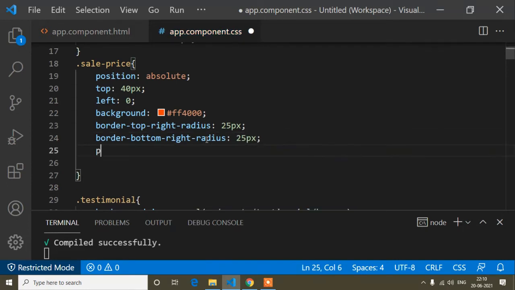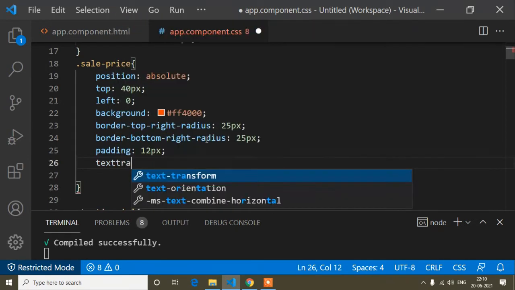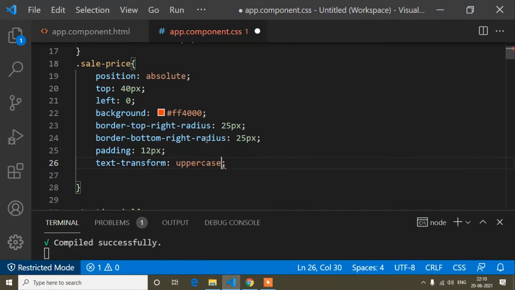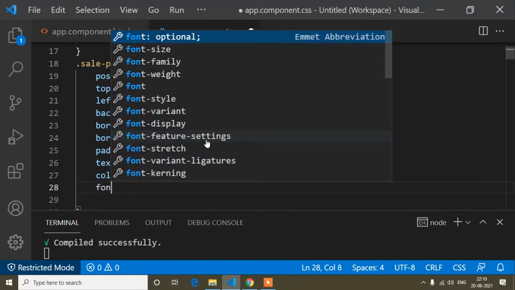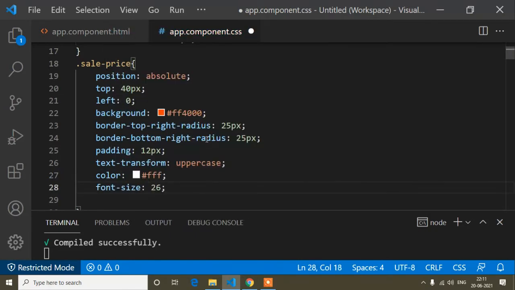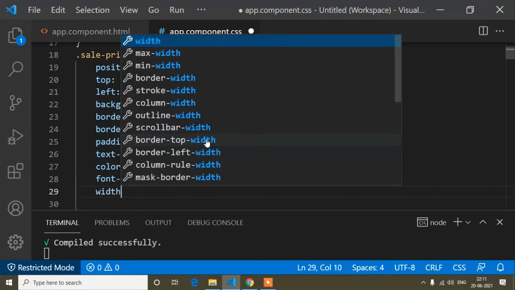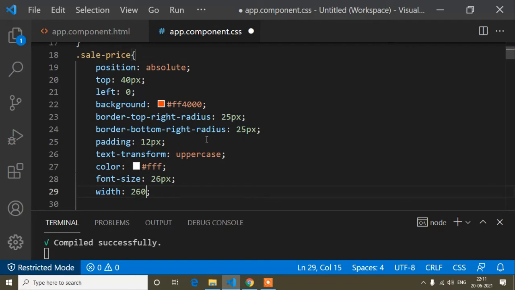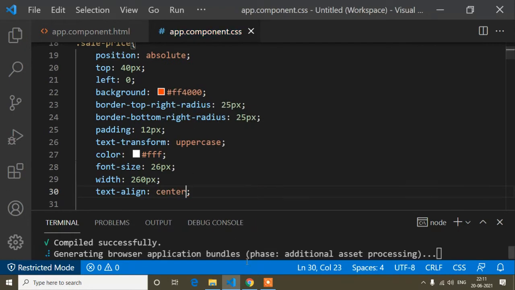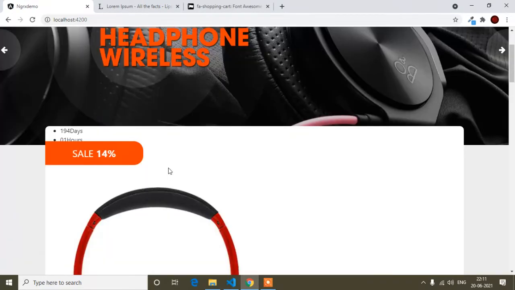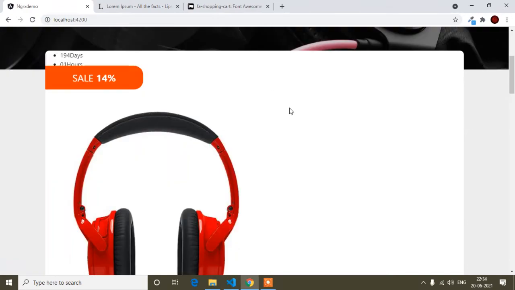And now padding, so padding is 12 pixel, and text transform is uppercase, and color is white, font size 26 pixel, and width is 260 pixel, and the text align is center, that means whatever content will be here, that will be in the text center. So if you can see here it's designed like this. Okay, so this one is done, and now I will add the design for column.